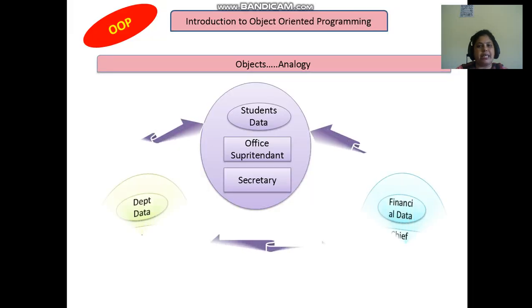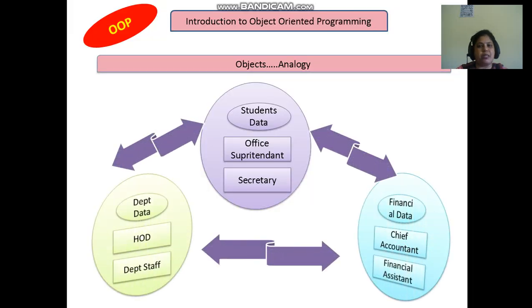Now, taking an analogy of your own college, consider that you have different sections such as the student section, the account section, and the department. Each section has its own functions. The student section has your data like your roll number, your admission number and your results.